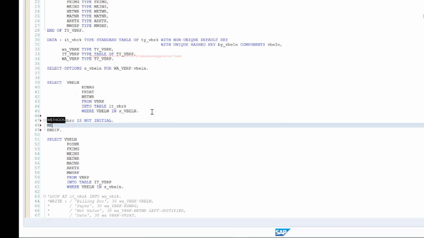I can say MESSAGE. I'm using a text literal to save time, but you can use text symbols or a message class. No data found, or no documents exist, something like that. Since if no documents are found we cannot proceed with the program execution, I'll say type E, error message. Okay.